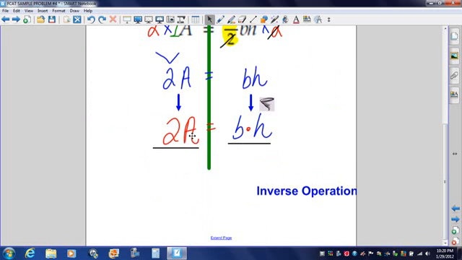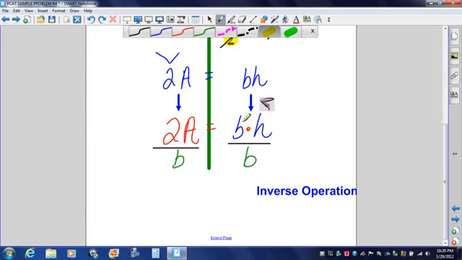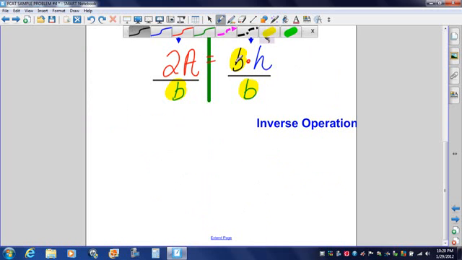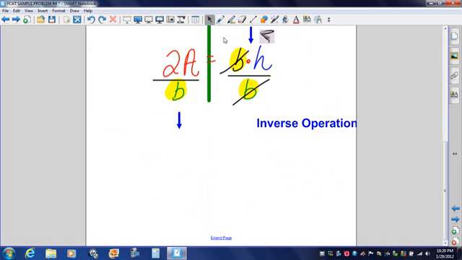Now I'll finish my equation. Please make sure you finish it on your paper. I want to move the variable B so it doesn't get hit by the tornado. I'm going to divide because that's the inverse of multiplication. Whatever I do on one side, I do to the other. Or you could go old school and say, what happens in yellow stays in yellow. These will cancel or cross each other out. So I'm left with the coefficient of 2 touching the variable A over the variable B equals